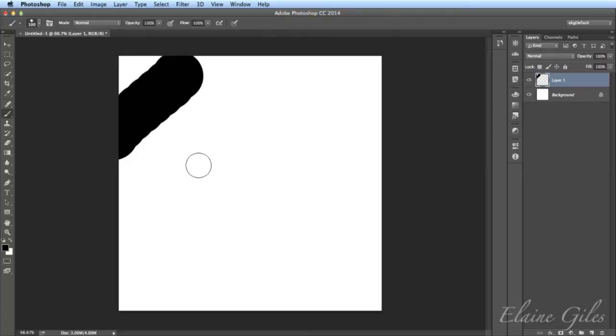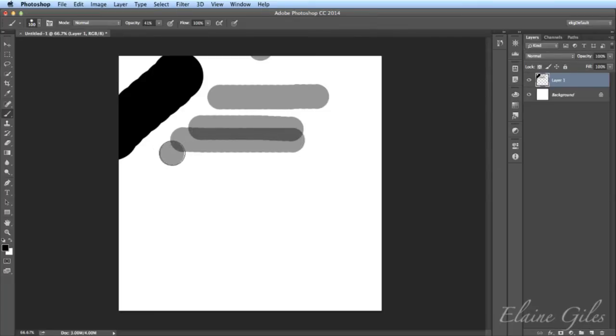Just take the size down a fraction and show you the other 2 main options here, which is to change the opacity of the brush and to change the flow of the brush. So first of all, the opacity is set to 100 by default. Well, I'll take it down to about 40%. And this time when I draw with it, it looks a grey colour. I haven't changed the colour. What I have done is change the amount of opacity that is on that brush, and that's why it looks grey. Now, as I start drawing over it, you can see it starts to build it up.